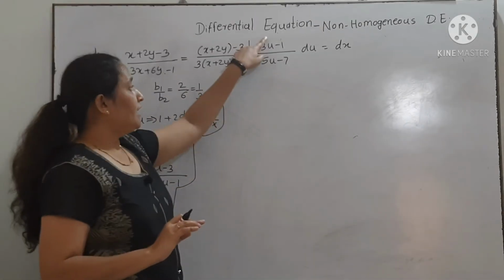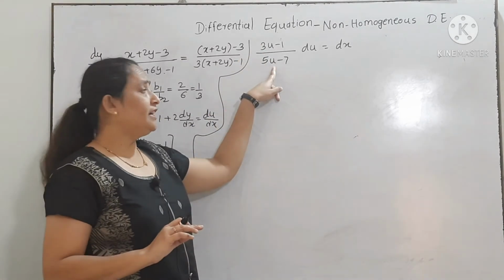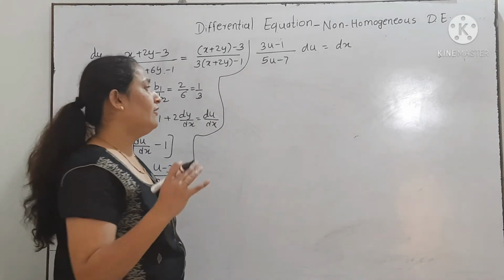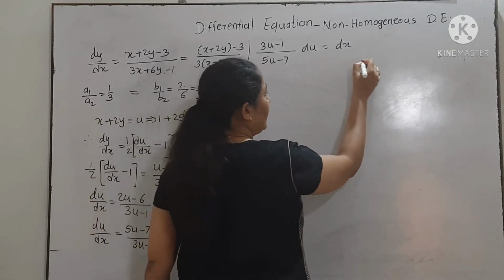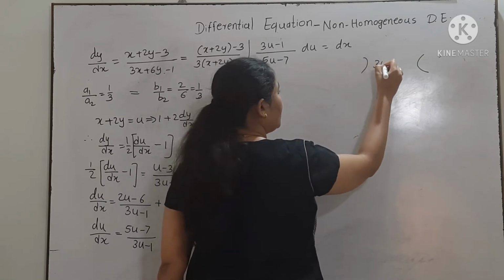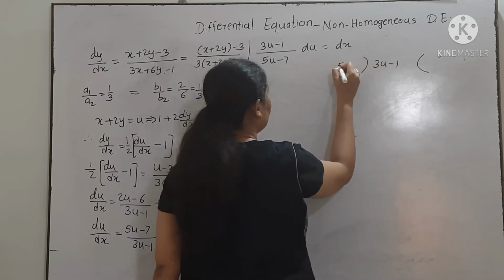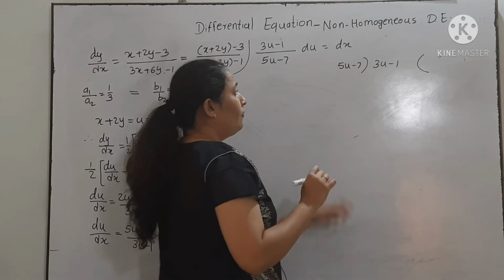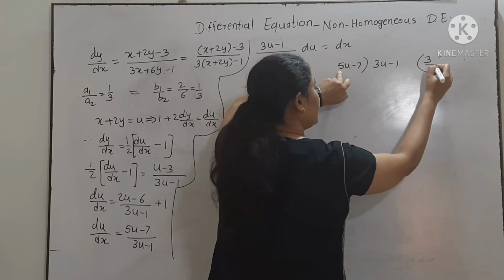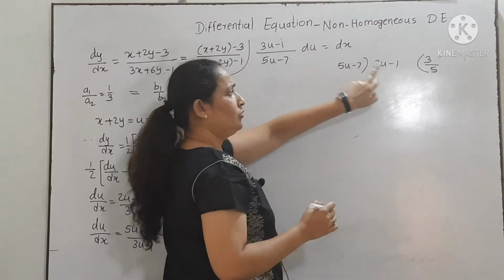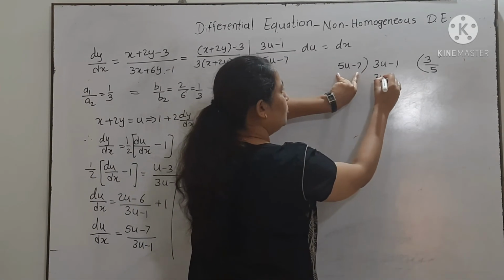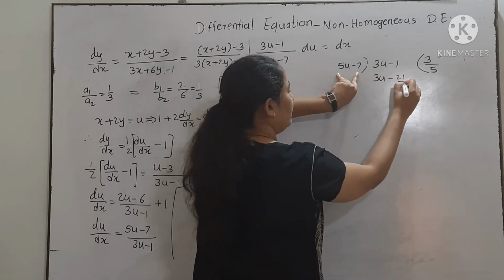Now again, the degree of u in numerator and denominator is the same. So you have to adjust the denominator in the numerator. I will explain to you another method, that is actual division of polynomials. Now if I divide 3u minus 1 by 5u minus 7, we want 3. We don't want 5. So I will consider the quotient as 3 by 5. If I multiply 3 by 5 to this factor, you will get 3u minus 21 by 5.